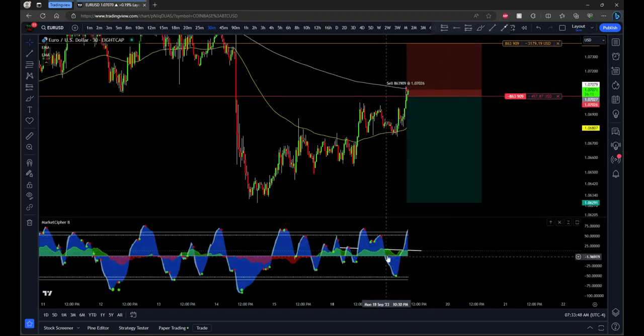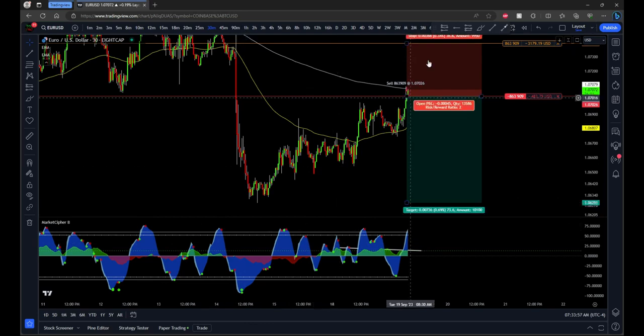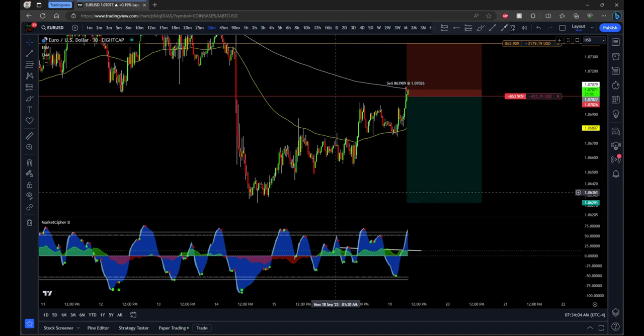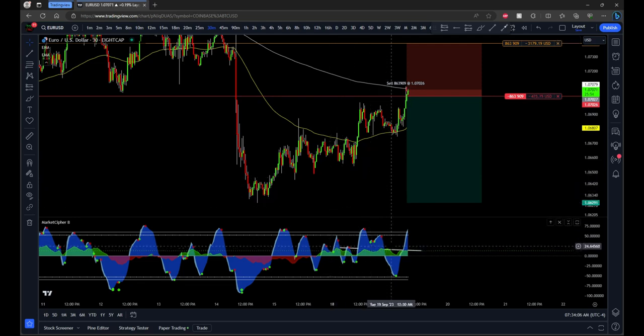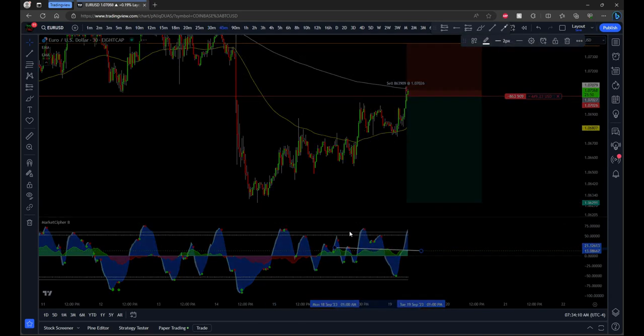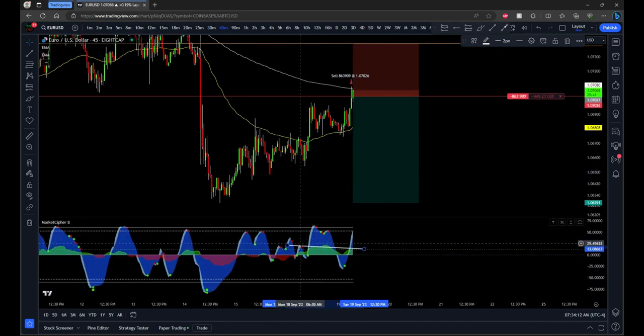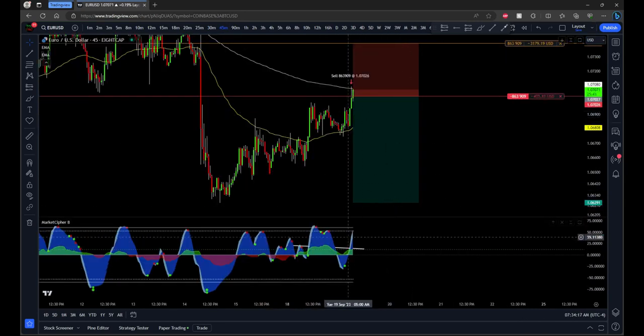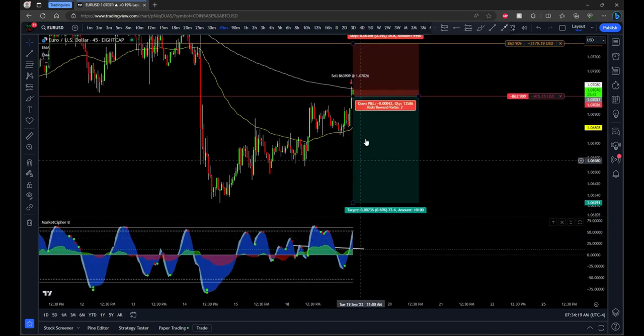This is the 30-minute time frame, and as price comes up, trending to the downside on money flow, you can use this indicator, the Market Cipher B, but if you want the free version on TradingView, it's called Fu Manchu Cipher B plus divergences. It's the same thing, and it's free on TradingView, okay? And money flow coming to the downside, there's our bearish divergence. We have our 45 minutes here coming to the downside as well. So we have our bearish divergence on multiple time frames, momentum as well, starting to trend to the downside,